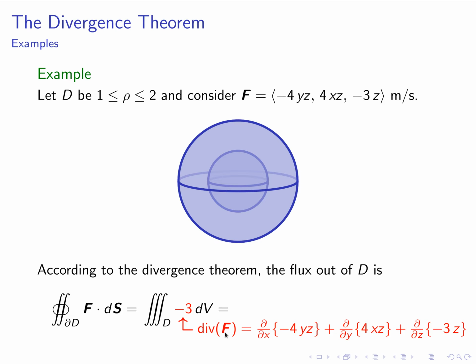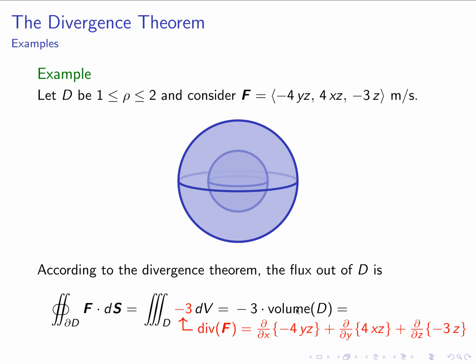So here, what is the divergence? Well, it's -4yz differentiated with respect to x, which is 0, plus 4xz differentiated with respect to y, which is 0, plus -3z differentiated with respect to z, which is -3. So now we're looking at the triple integral of -3 throughout the domain D, dV, which is really the same